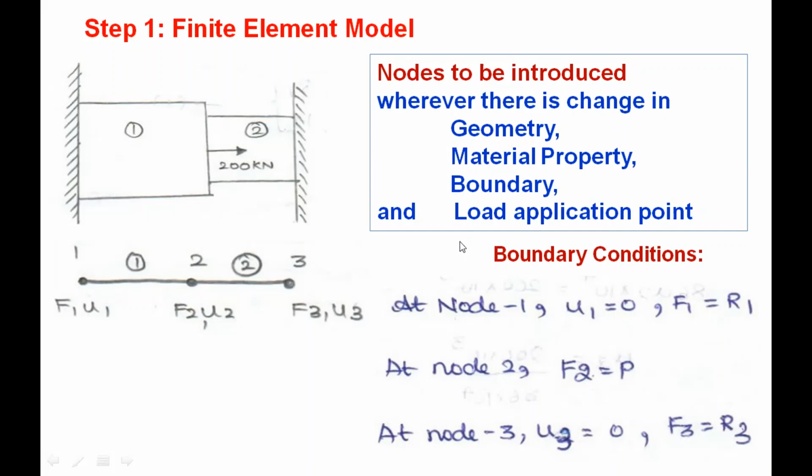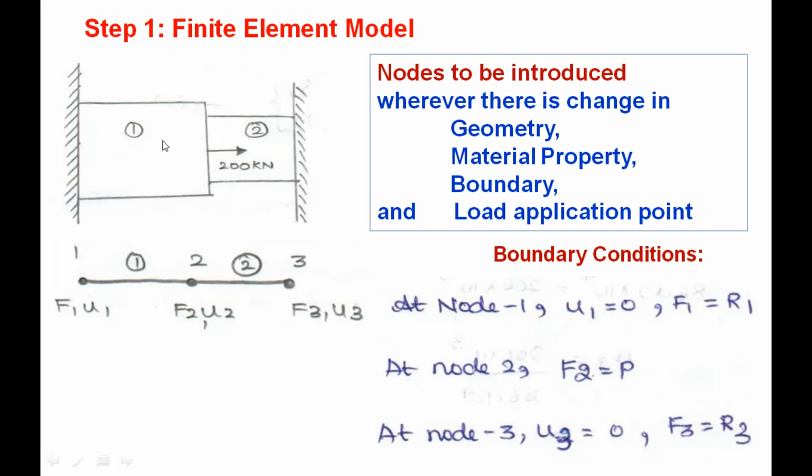In the previous part, when we defined the engineering problem, we defined all these four parameters. I think you remember: the geometry, material property, boundary, and the load application point. Wherever we find the change in geometry, material property, boundary, and the load application point, then we have to introduce a node. Now we will apply this rule for this stepped bar problem. Here in the left end we have a boundary, right, fixed end. So we have to give one node at this point. Similarly, when you come to the right end, there is also a fixed boundary, so we have to give one